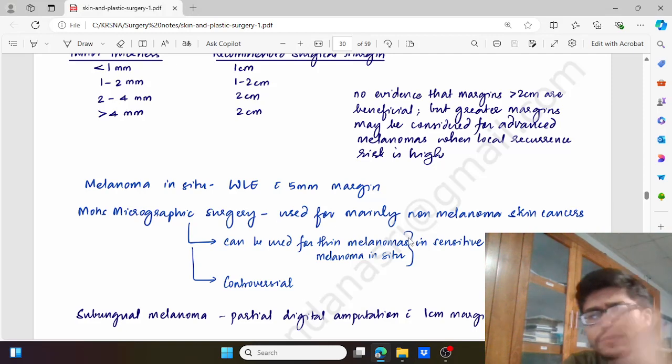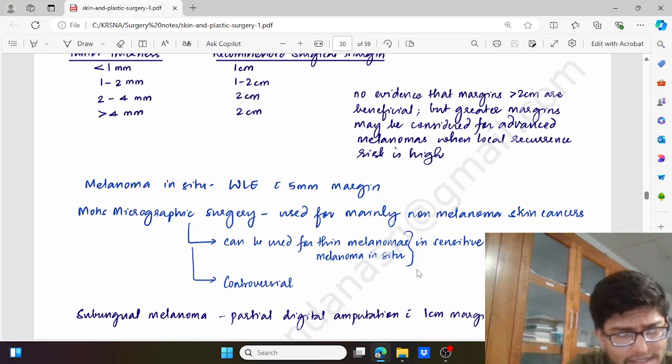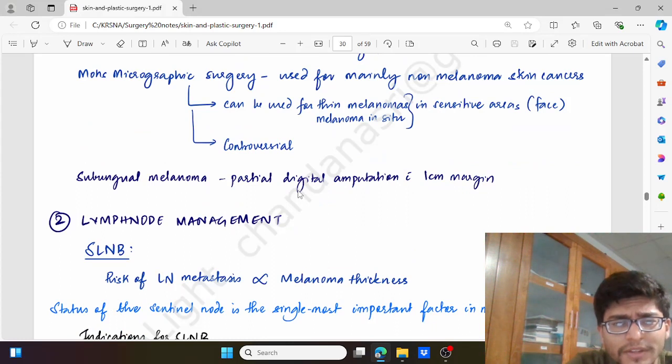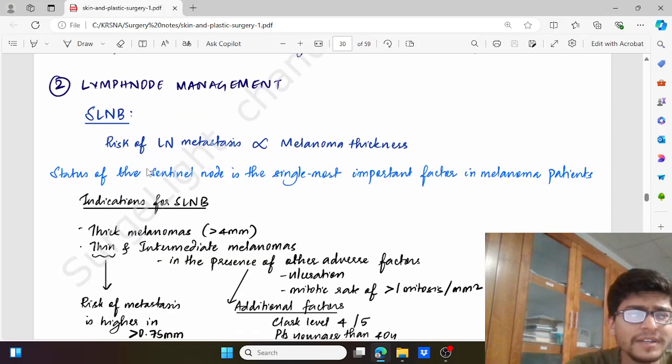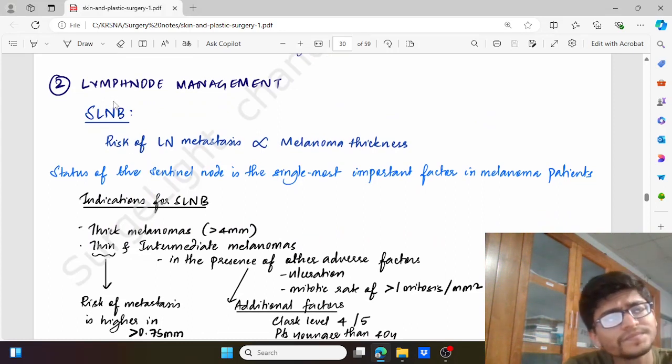It is used mainly for non-melanoma skin cancer and can be used for thin melanoma or melanoma in situ, especially in sensitive areas like the face. Subungual melanoma, we go for partial digital amputation with 1 centimeter margin. So this is a special point that needs mention, that is partial digital amputation with 1 centimeter margin in subungual melanoma. Now the lymph node management for the melanoma, that is we go for sentinel lymph node biopsy,